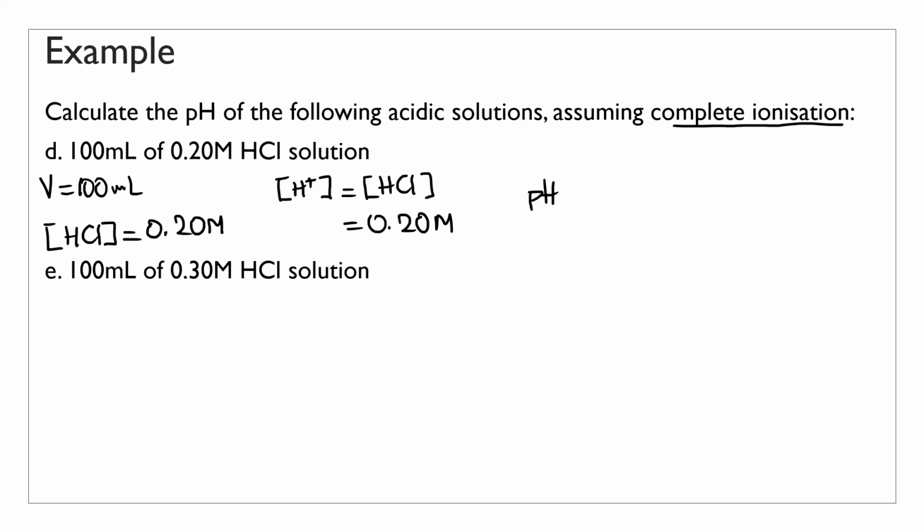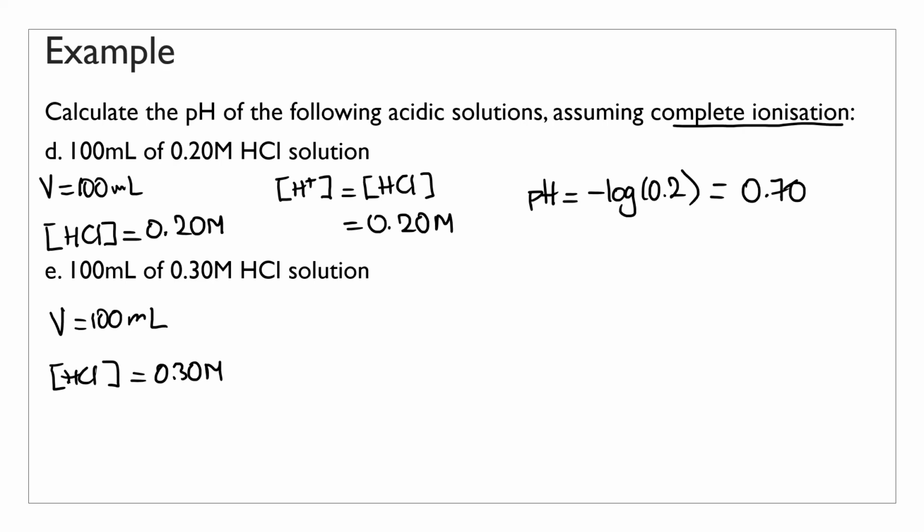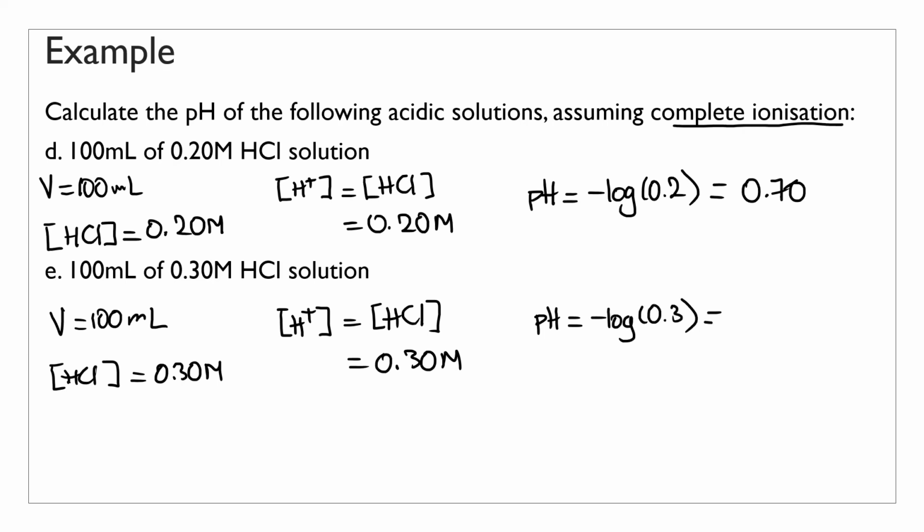So the pH is negative log of 0.2. We're just going to go negative log of 0.2, and this is 0.698. Okay, let's do 0.70 if you round it up. Now for the next example, 100 ml again, the concentration of the acid is 0.30. Once again, it's monoprotic. So the concentration of the acid is the same as the concentration of hydrogen ions, and it is 0.30 molar. So pH is negative log of 0.3,